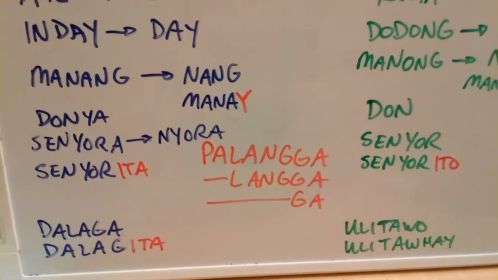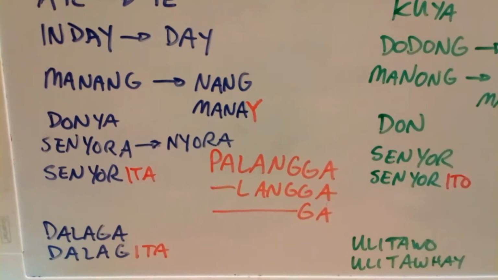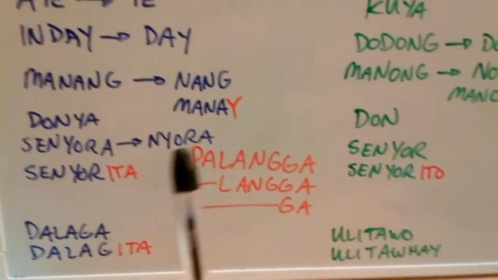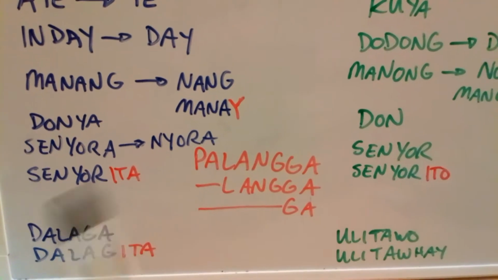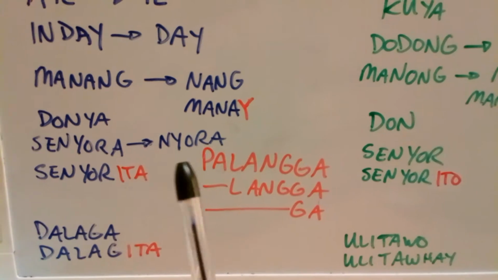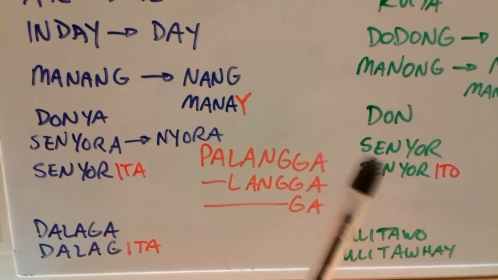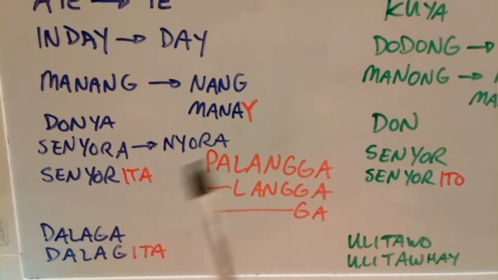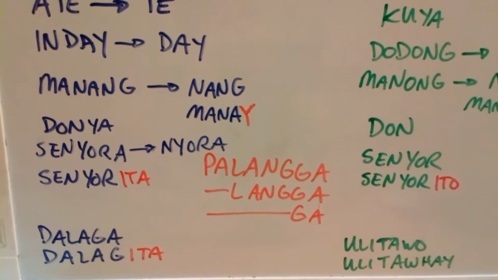When the Spaniards came to the islands, people held class status and socioeconomic status in a way, and they used these terms. They're not terms of endearment, but titles. They're titles used for people who owned land, who were rich and wealthy. These people don't need to be really young. The don and doña could be someone from their mid-20s to their 40s, 50s, 60s, as long as they held that class status.